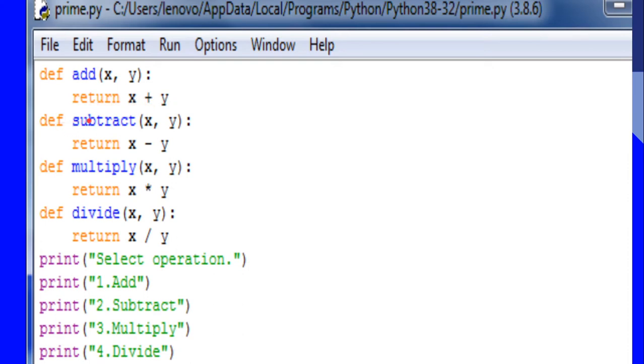Likewise, def subtract is the function name, def is the keyword, return is the keyword, subtract is the function name, x comma y colon. It is going to return x minus y. Very simple program, just to show how the definition of a function can be. Then def multiply x comma y, return x into y. Likewise, def divide x comma y, return x by y. So these are the four functions: add, subtract, multiply and divide, to return the addition, subtraction, multiplication and division of